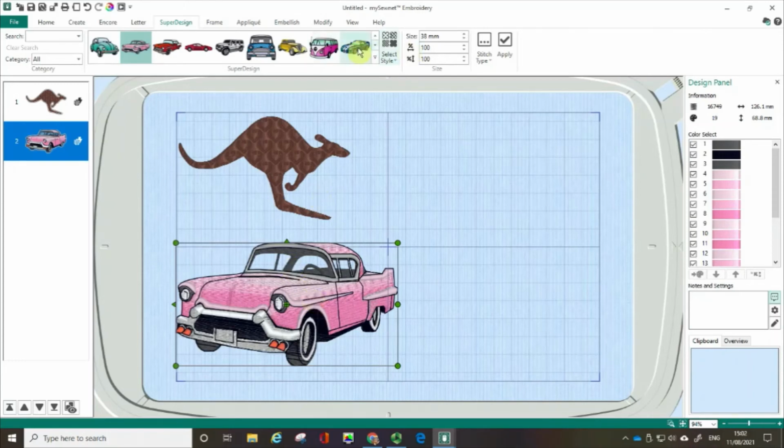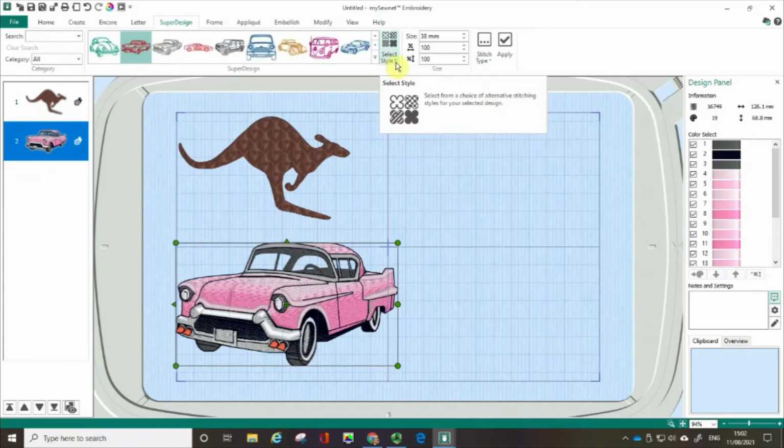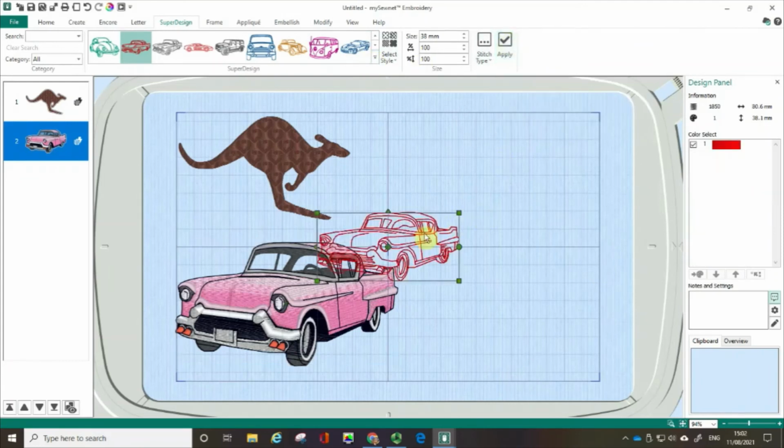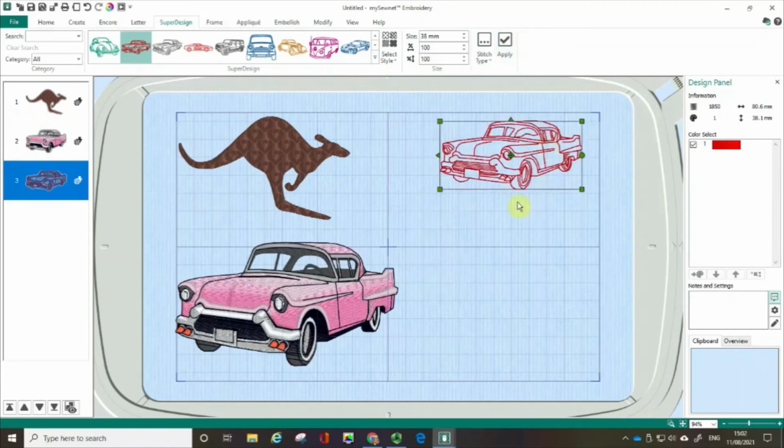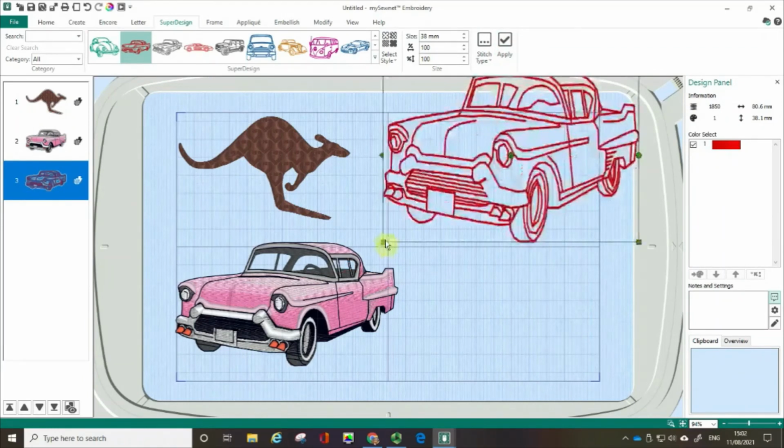Over here we've got another button that selects style, and if I click on this, you can see we've got the color option checked, but you can also check the other option, which is line. Most, not all, but most of the super designs are also available in a linear form as well. So again, just like before, I'm going to click apply, and there we have a linear version of my Cadillac that if I need to, I can